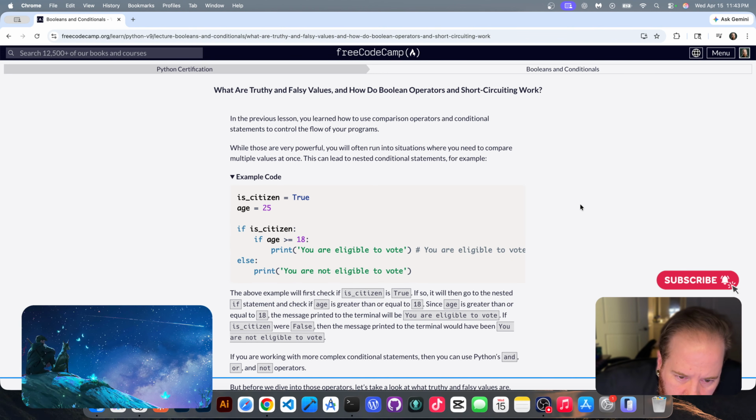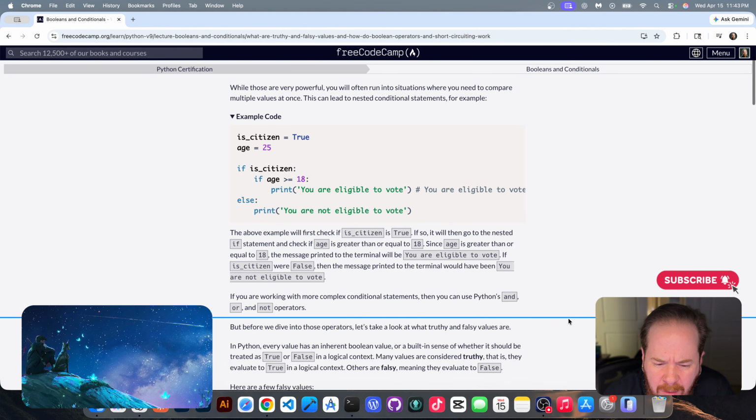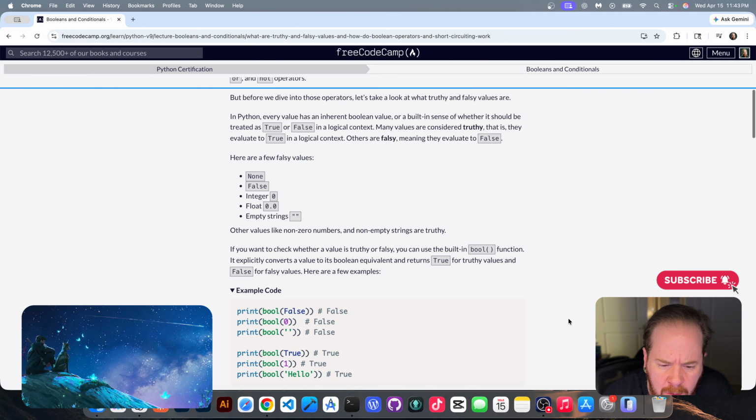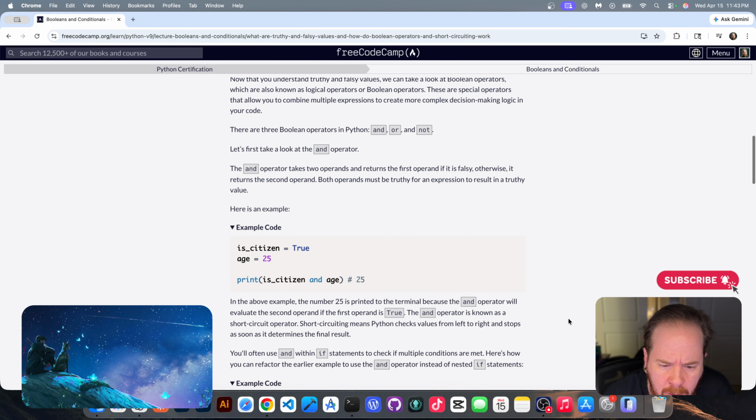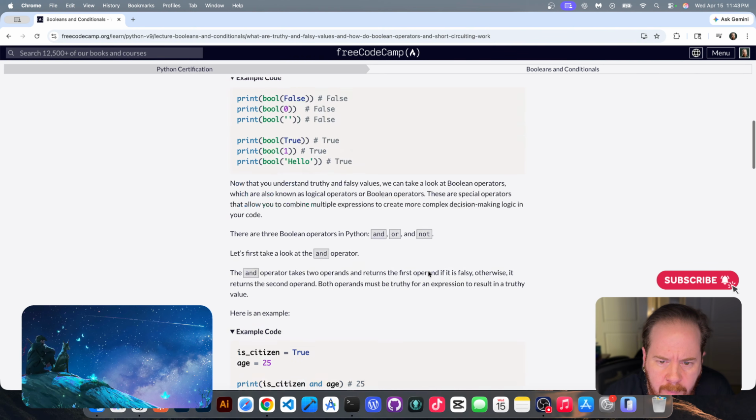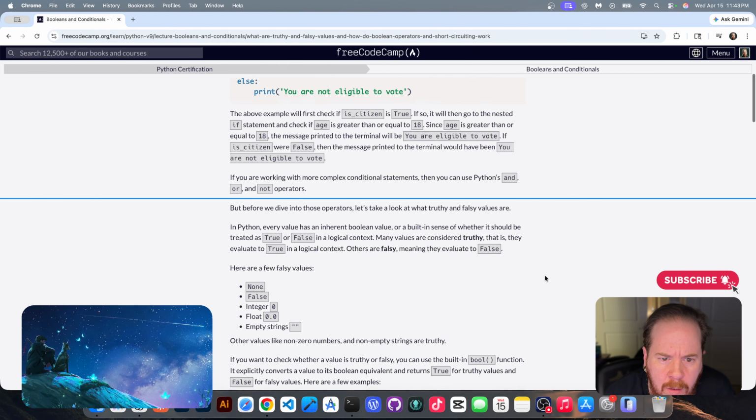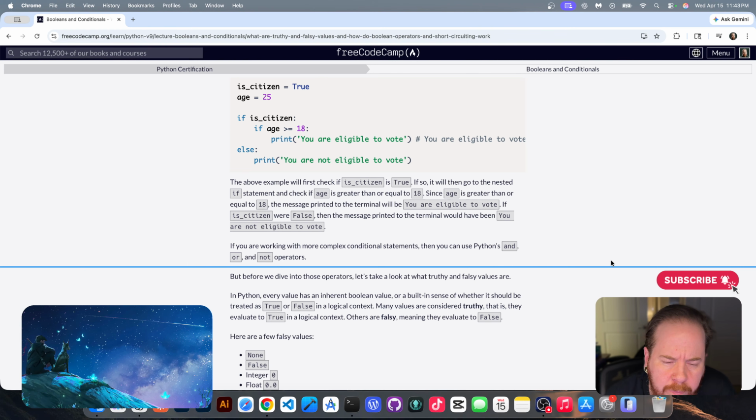Is citizen equals true, age is 25. If is citizen, if age is greater than 18. Okay. I feel like you could probably combine those. There, yeah. Okay. The above example will first check